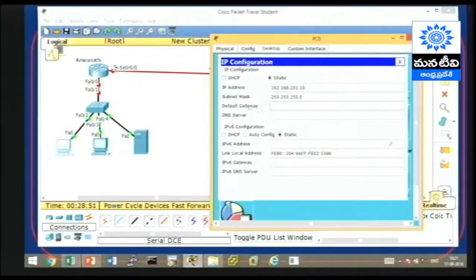So the default gateway is an important parameter. We have discussed in the previous sessions as well that the default gateway is always the router's IP address. At this point of time, the router is not yet configured. We will learn how to configure the IP address to the router in a short while. And here we have to specify the IP address of the router,